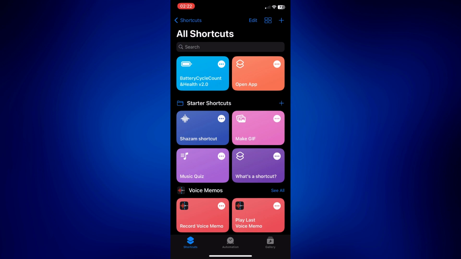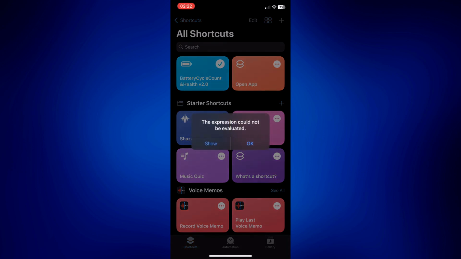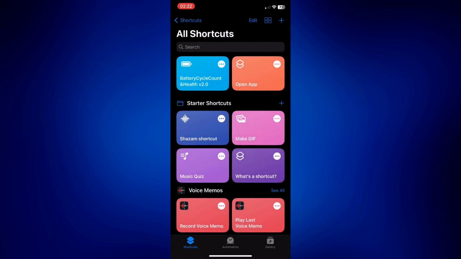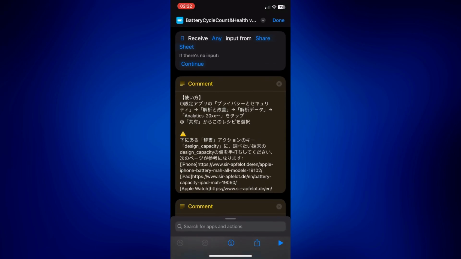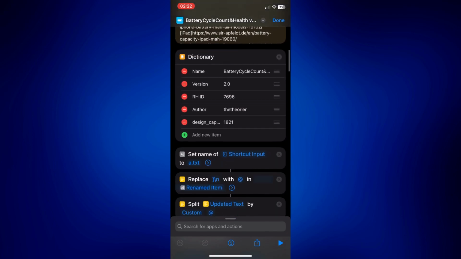Now, before we can use this shortcut to look for our iPhone charging cycle count, we have to first change one piece of information in it. So make sure to tap on the three dot icon at the top right corner of this shortcut. Scroll down and tap on Design Capacity. The design capacity of your iPhone depends on the model. I am currently using an iPhone 11, so for this, we will be using the design capacity